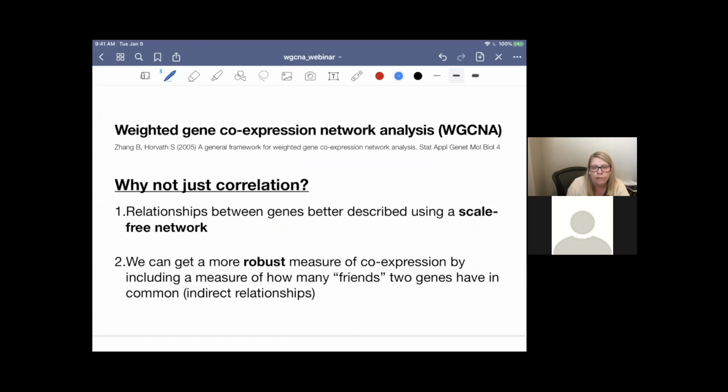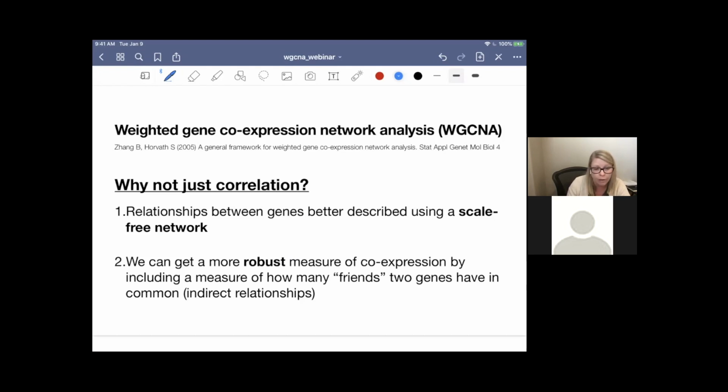So the first one is that part of the analysis process in WGCNA is to transform this idea of a quantitative connection or quantitative association between 2 genes. So we're going to mathematically transform that to make our network mimic what a scale-free network would look like. And we're going to go into a little bit more detail in the next few slides